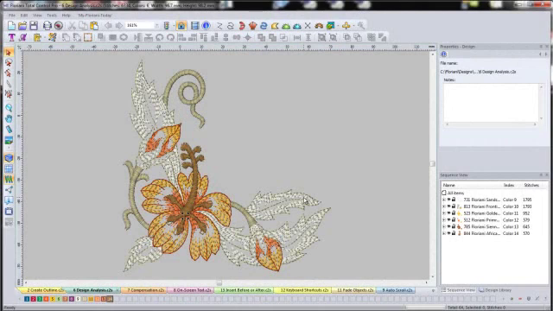I'm very excited to share with you this next feature that was included in the latest update. And this one is designed specifically for those who have multi-needle machines and those who are looking at or already are running a business. Some of the most difficult things to do when running a business is trying to figure out how to price